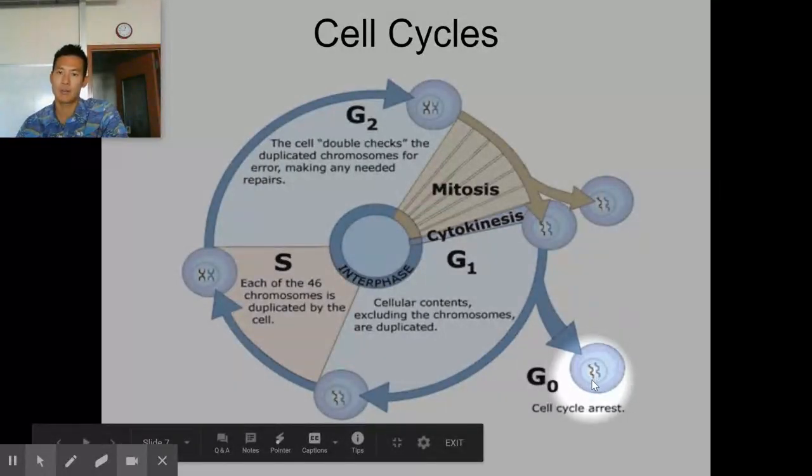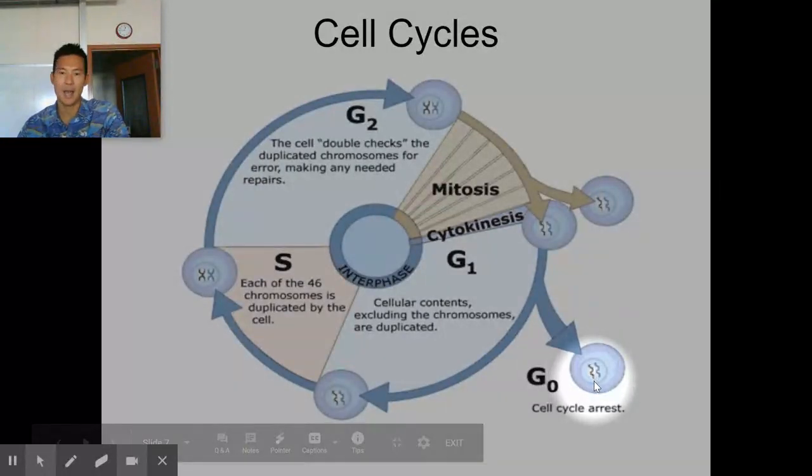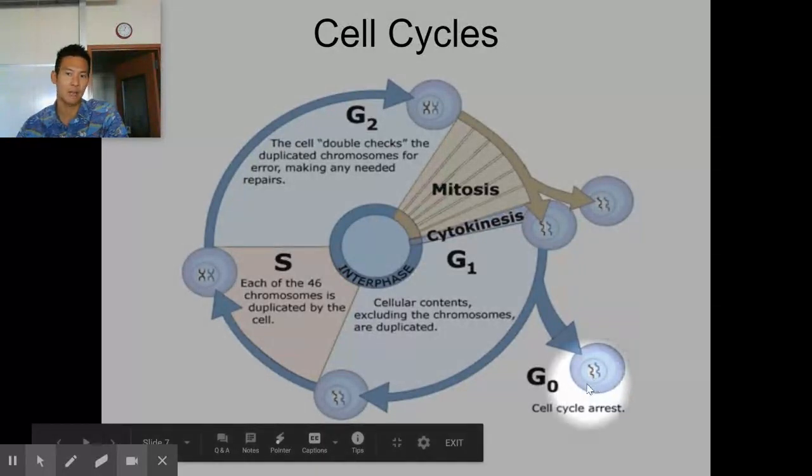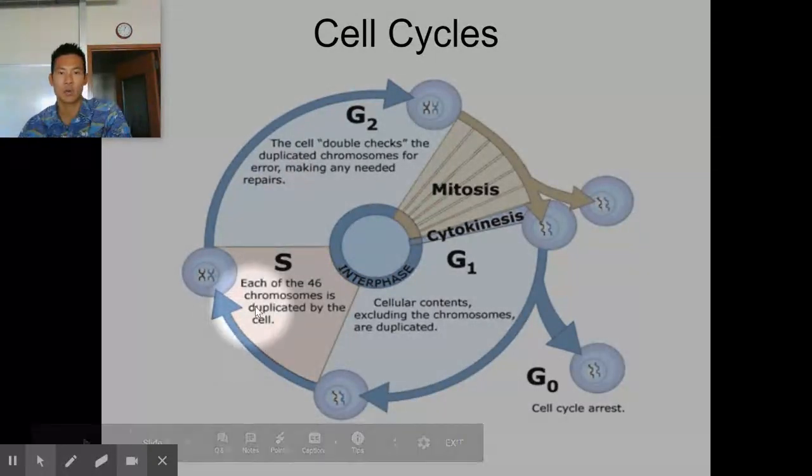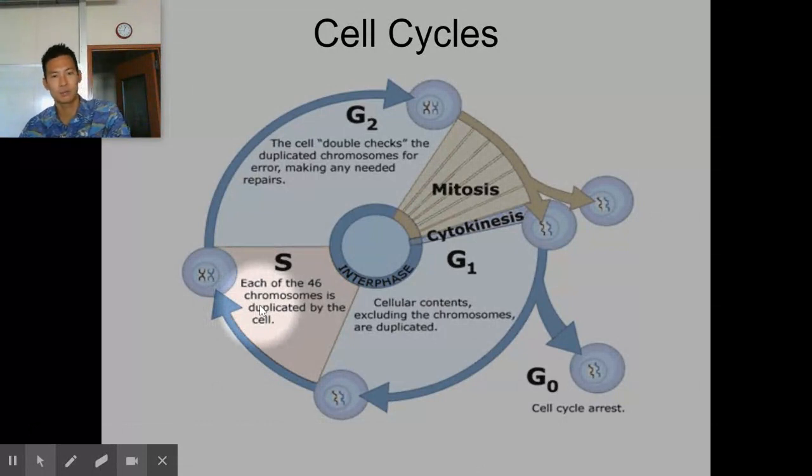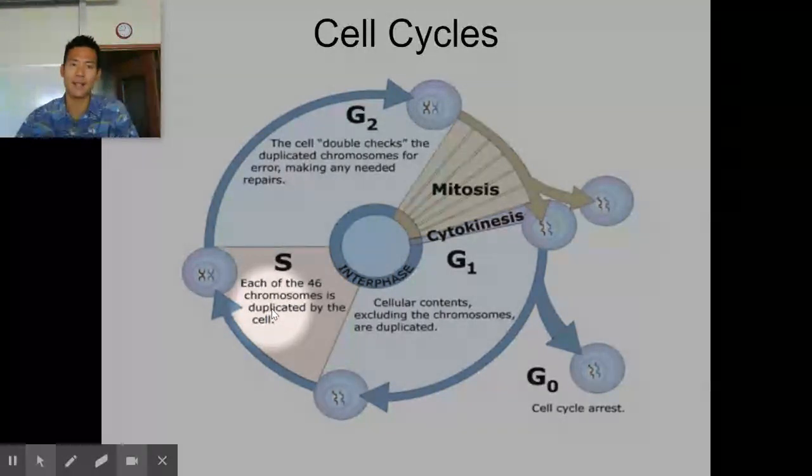Now, if it has to reproduce, or if it's a multicellular organism that has to repair or grow, this cell will go back to G1. It will then enter S or synthesis cycle, and during this time, the DNA will be doubled. Do you understand that the doubled DNA has to be identical on both sides, because at the end, you end up with two identical cells.